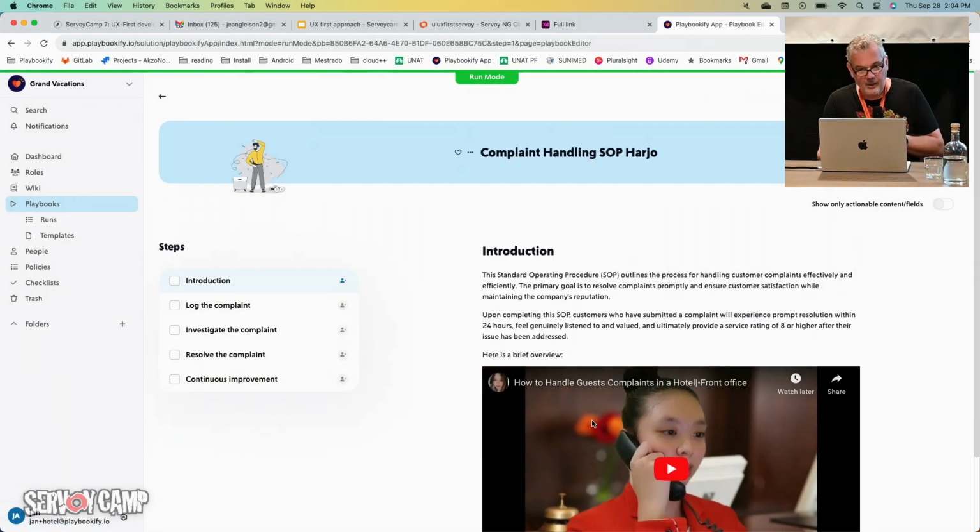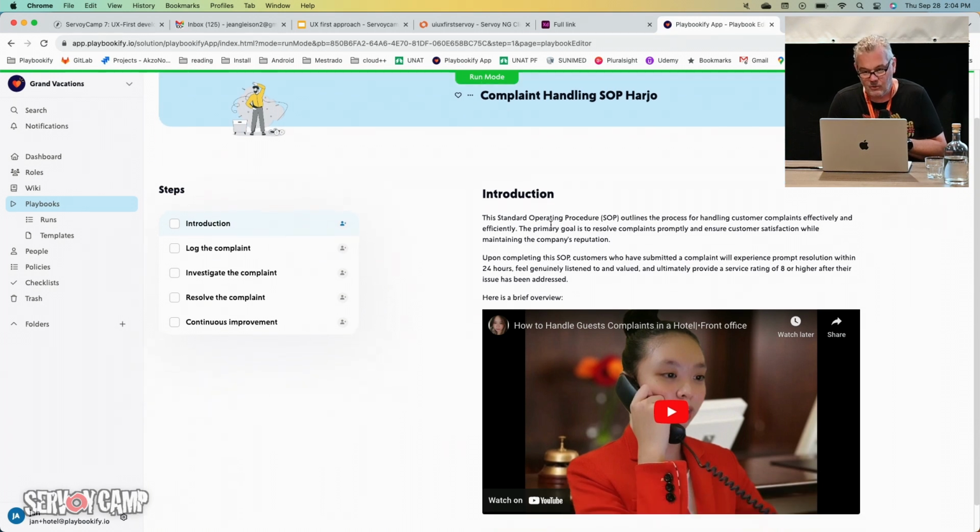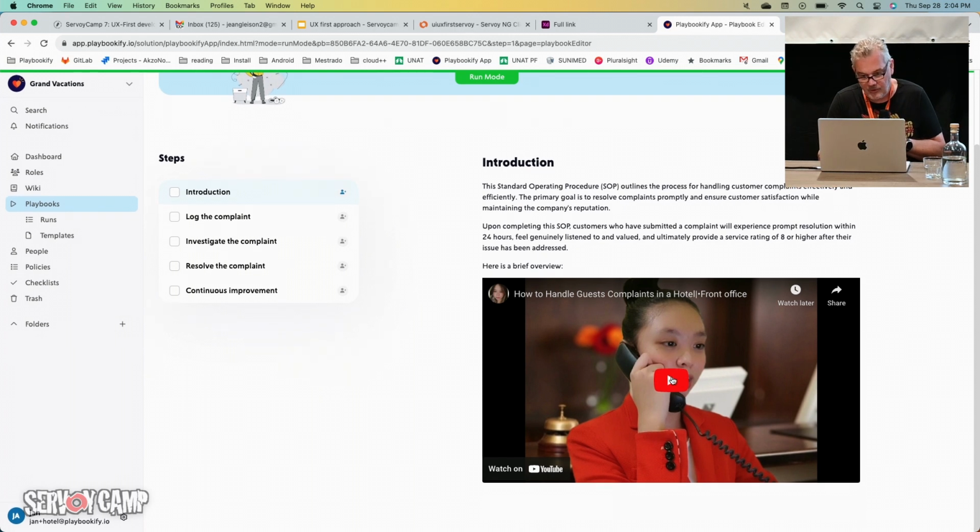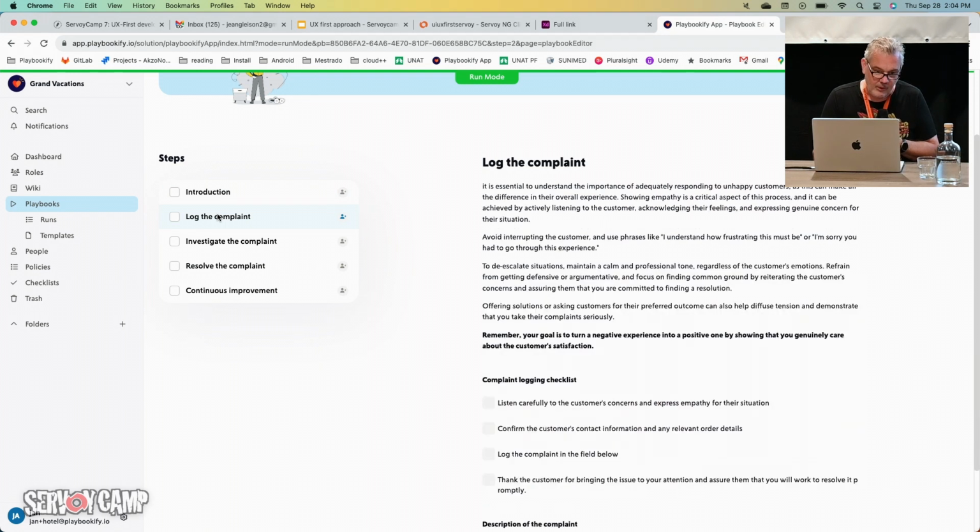Now, if you're running a playbook, it will show up here that you're running. Now you can still read how to handle this complaint. You can watch a movie about how to do this. And then the next step would be to log the complaint. So you can have multiple steps in your playbook, and it will tell you here all the stuff you have